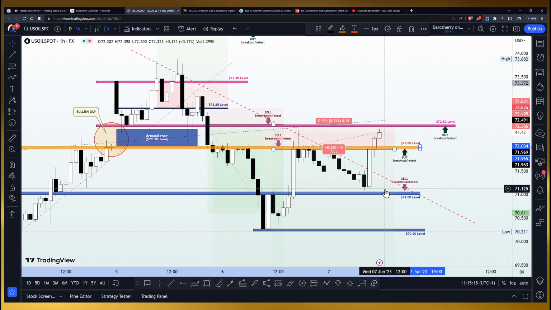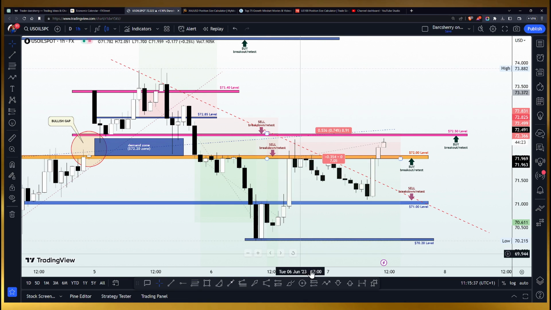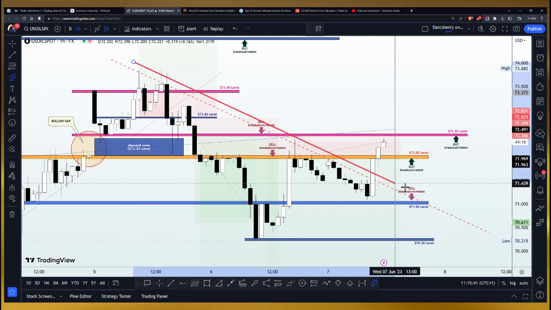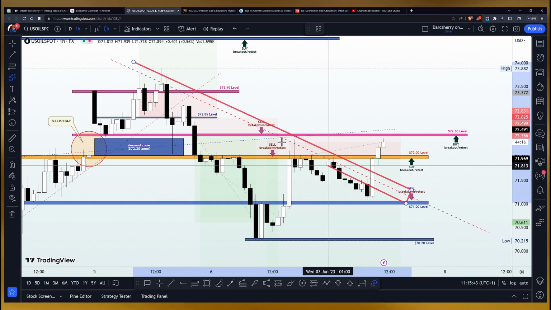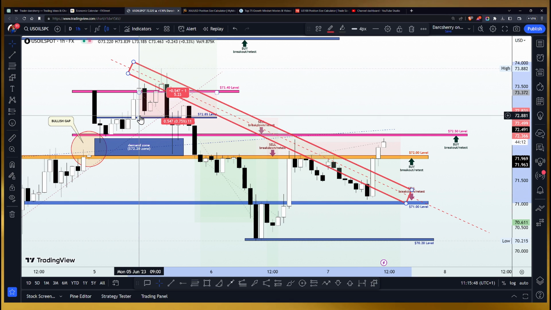Now, with the situation we have right now, what is going to be our plans as we get prepared for the New York session today? Well, looking at the 1 hour time frame here, it is quite obvious that price action seems a little bit bearish since the beginning of this week. And to further emphasize the level of bearish momentum in this market, we were able to connect the series of lower highs to give us this bearish trend line, which has been supporting that momentum.